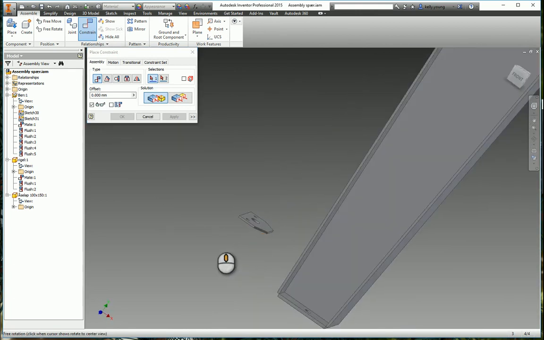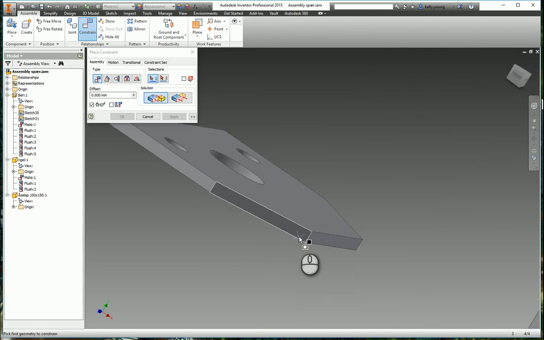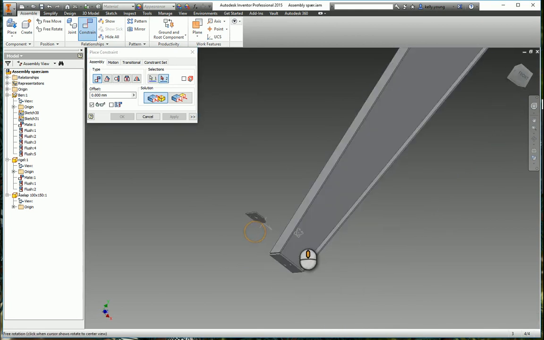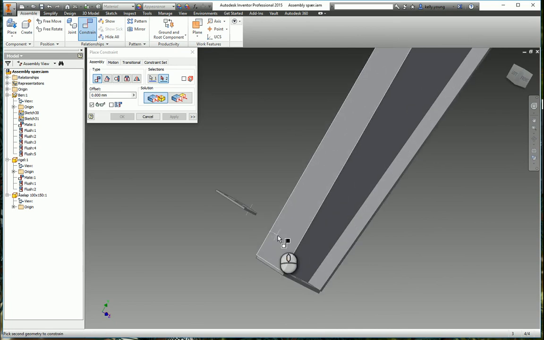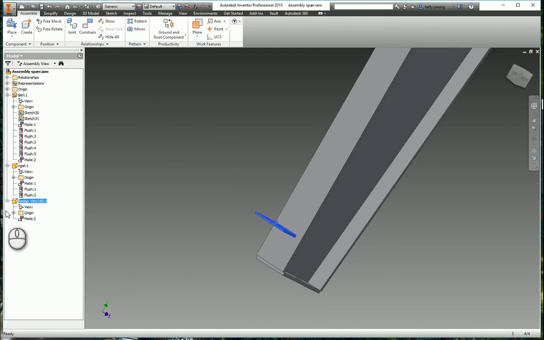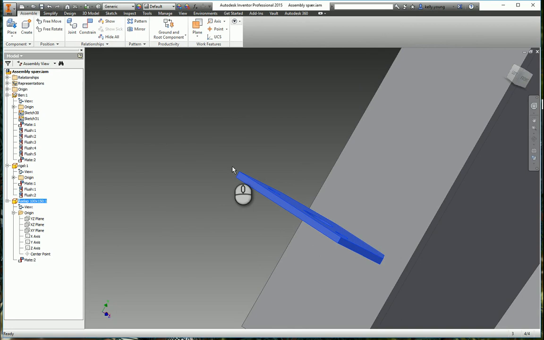so we can either rotate the part around. If you hold down Shift and the center rolling button, that works pretty well. To there. Apply. So now that face is done. What was mentioned earlier is make sure that your constraints are from the middle. So if we were doing like a midpoint constraint to there,